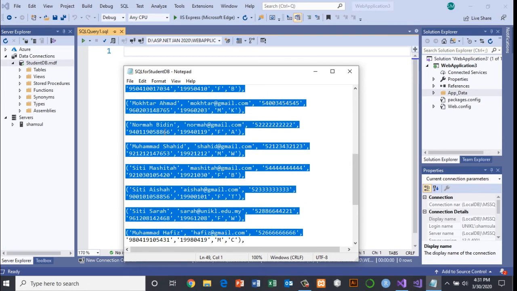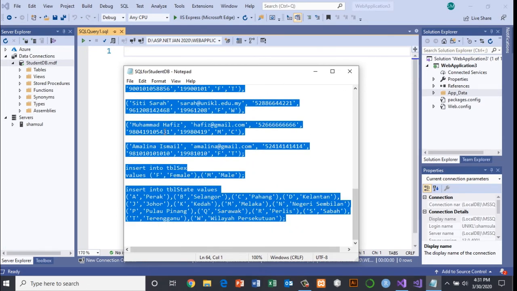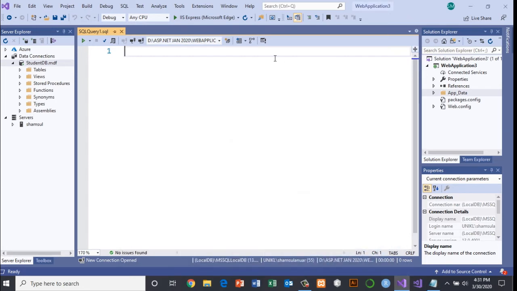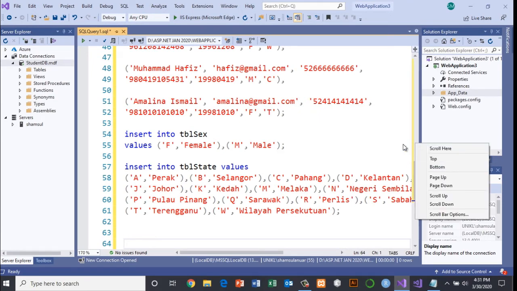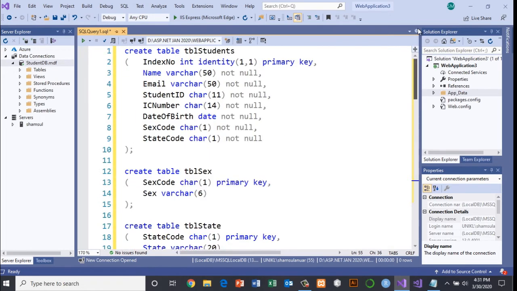Control A, if you are using notepad, Control A, copy, and I'm going to paste everything here. Copy and paste. Now for this exercise, let me explain about the tables that we are creating.